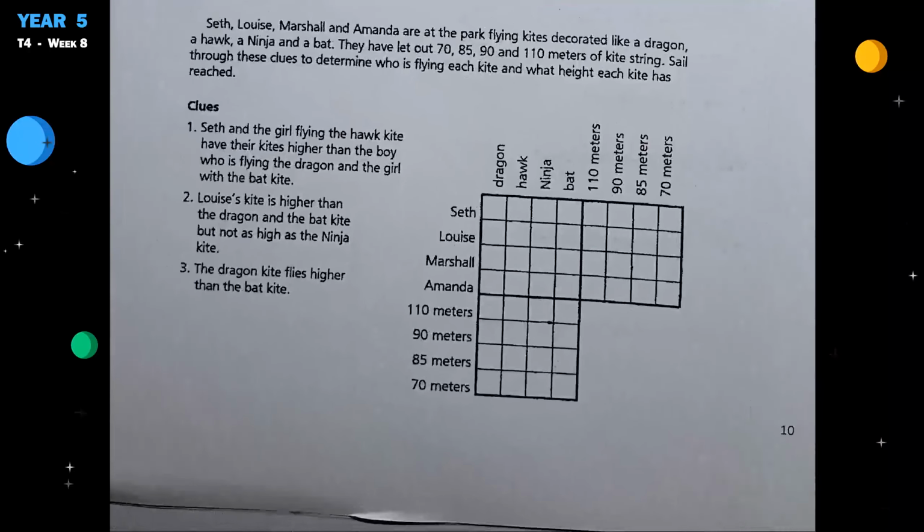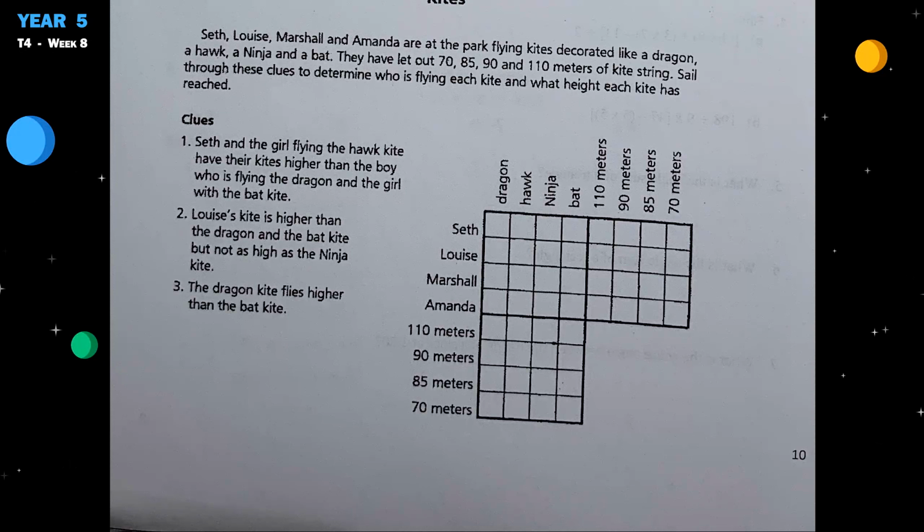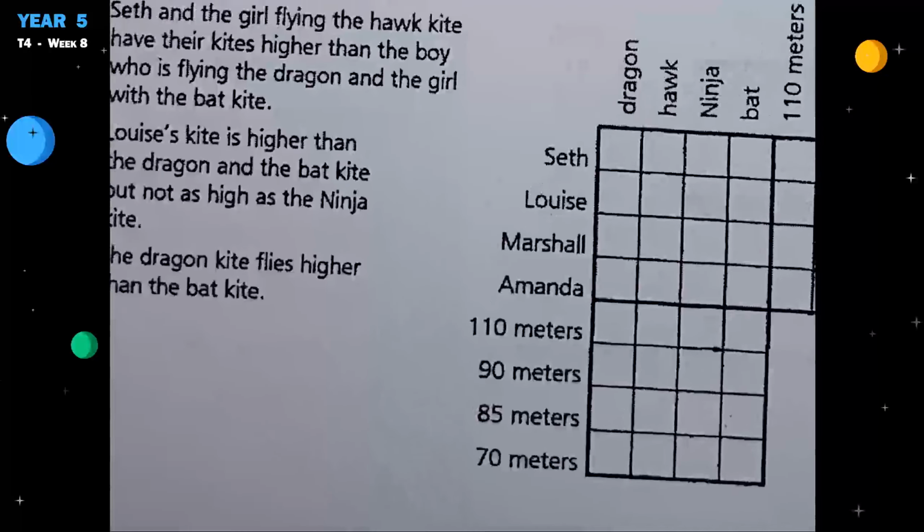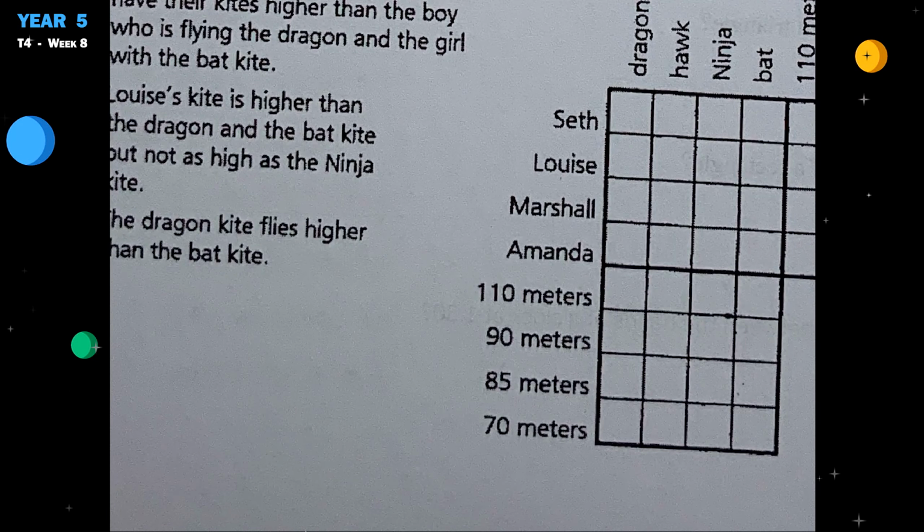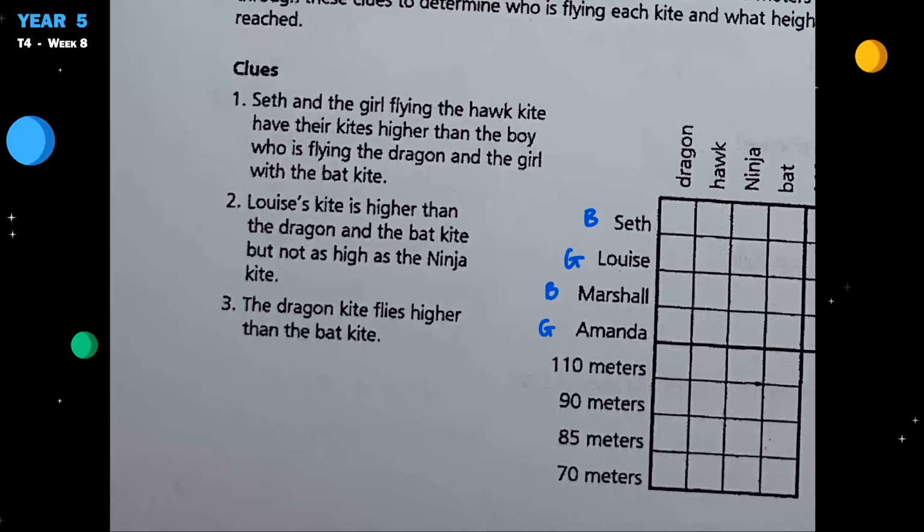Now let's look at the next one. Okay, I'm going to look at the clues. Seth and the girl. Again, we've got girls and boys, so let's write in the names. Amanda, obviously a girl. Marshall, probably a boy. Seth is a boy, and Louise maybe a girl, I'm guessing. Seth and the girl. So Seth is listed